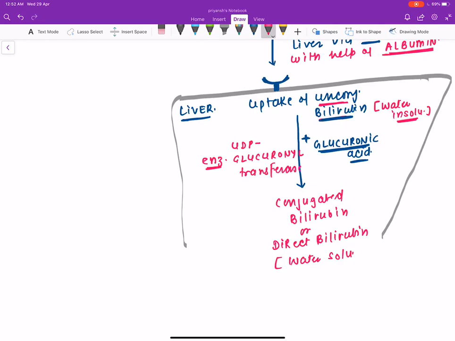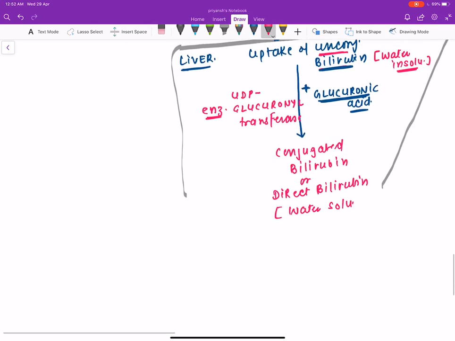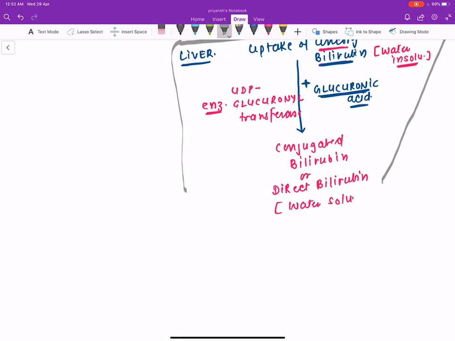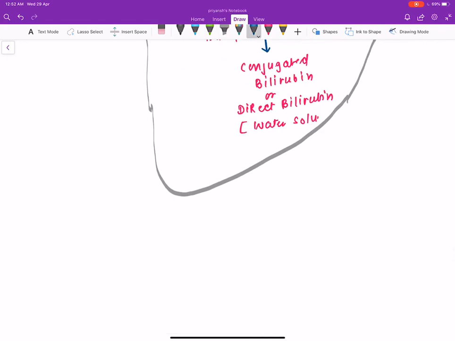With the help of this enzyme, the conjugation process will take place. Now, once the conjugated bilirubin is made, it is ready to go into your GI tract. So this will be excreted from the liver. Yes, or I can say this will be secreted from the liver. When this conjugated bilirubin is secreted into the biliary ducts,